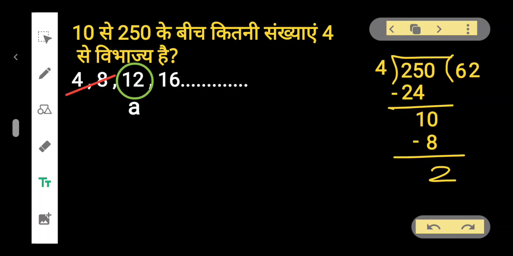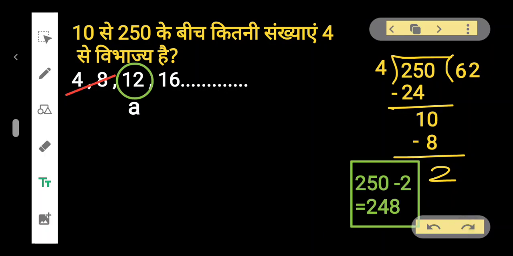See, we can find this answer in another way from here. There are a total of 62 numbers which are multiples of 4, or you can say divisible by 4. Now, two numbers, 4 and 8, are not in our required condition because these are less than 10. We have to find those more than 10. It means out of 62 total, we can subtract these two numbers, then the answer is 60. But now we are using the AP, so take 250 minus 2, which means 240 is the number divisible by 4. Therefore, the last term is 248.